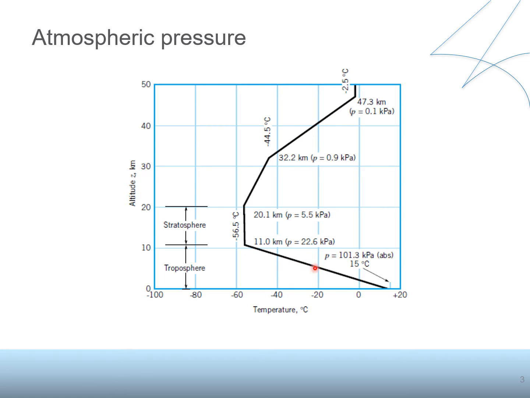So you can see at the sea level at around 15 degrees, we have this 101.3 kilopascal of atmospheric pressure. But if you go to the top of the troposphere, which is 11 kilometer above the surface, then we get this 22.6 kilopascal, and then at the top of the stratosphere, we get only 5.5 kilopascal, and then we get even smaller pressure, so it goes to 0.9, and then when it is around 47.3 kilometer, we get the pressure